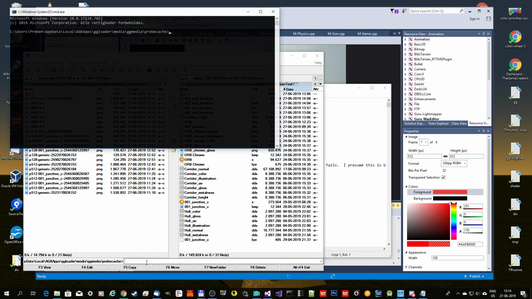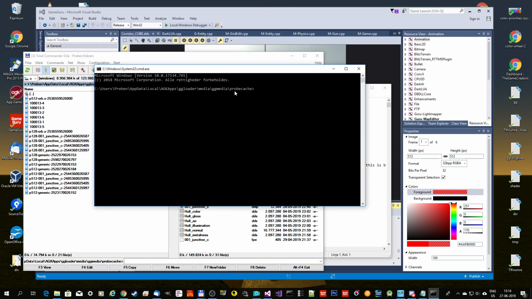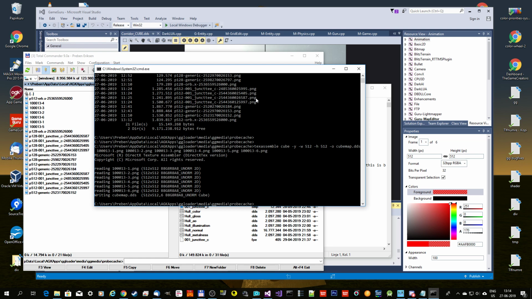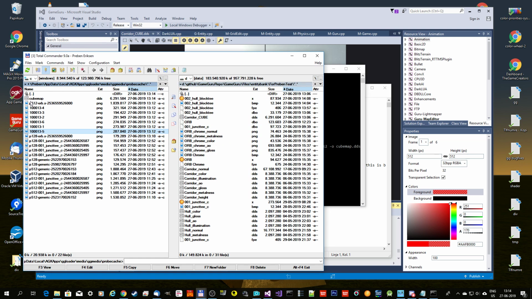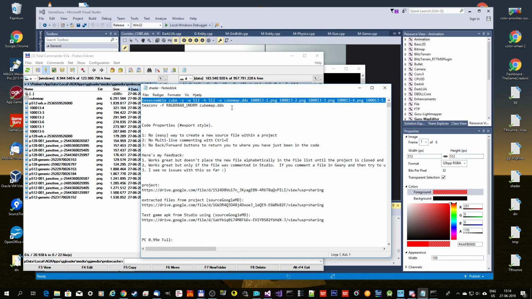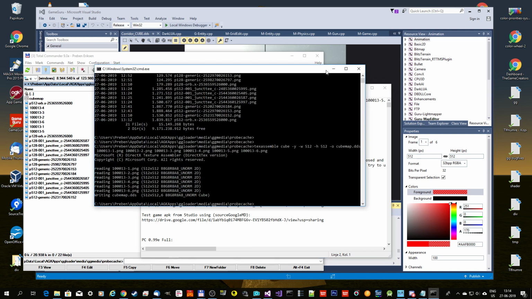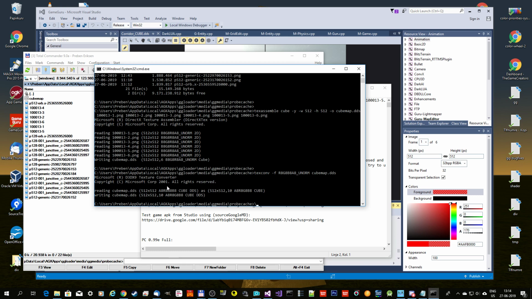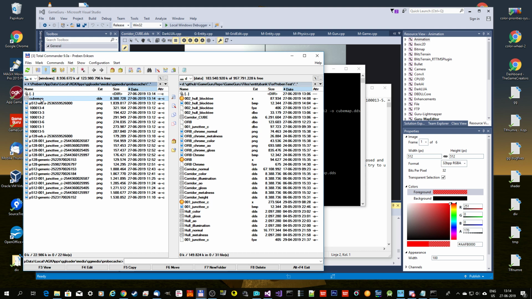Here I'm just going to make a command prompt inside the probe cache, and then run the command. You can see here it has now generated a cube map. Just to make it a bit easier for me, I'm just going to convert that so we have bitmaps and everything like that. It now has generated all the bitmaps for the cube map. Then we're going to copy it into